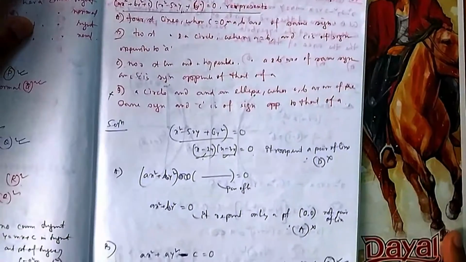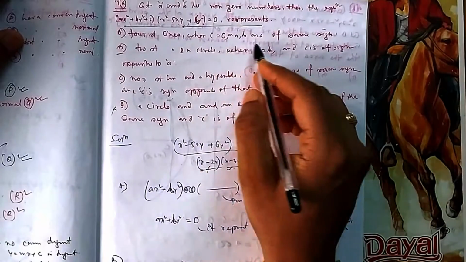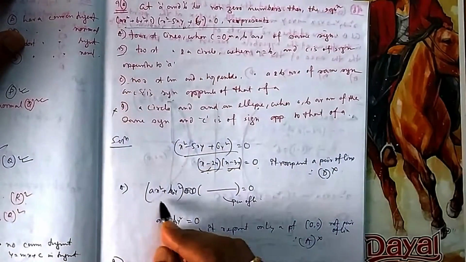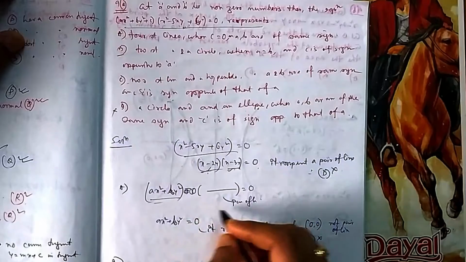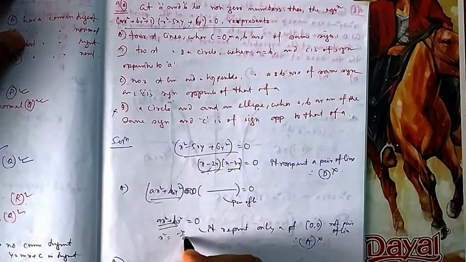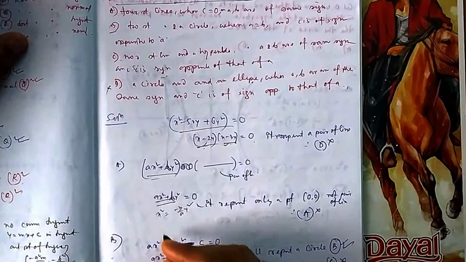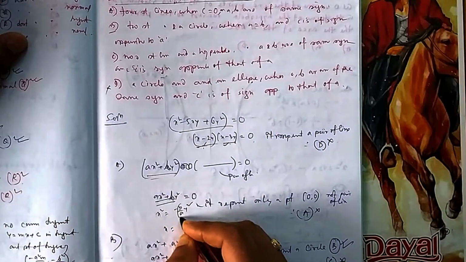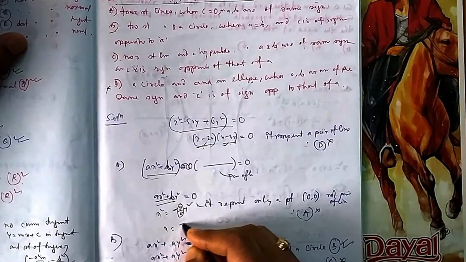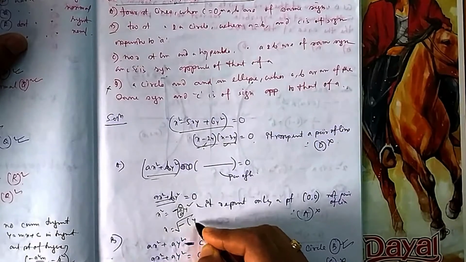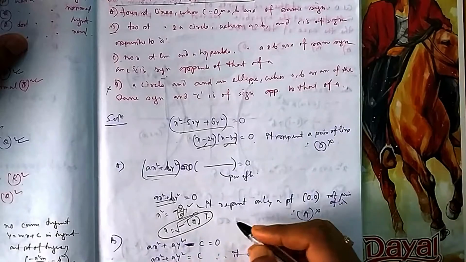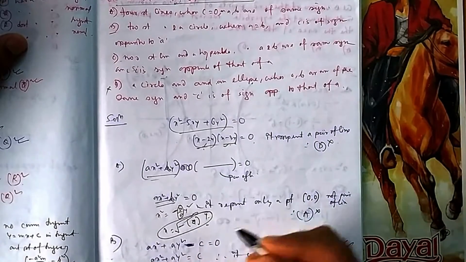Now in A, what they are asking, 4 straight lines, when C is 0, A and B are of the same sign. Okay, C is 0, so you make C 0. So A and B both are of the same sign. So if you move it there, both are of the same sign, that means your x square will be equal to minus b by a y square. What will be your x? This will be imaginary because b by a is of the same sign, so it will always be positive. This minus will always be there, so inside there will always be a negative thing, something y, which is imaginary, not real. So obviously it will not represent a straight line.